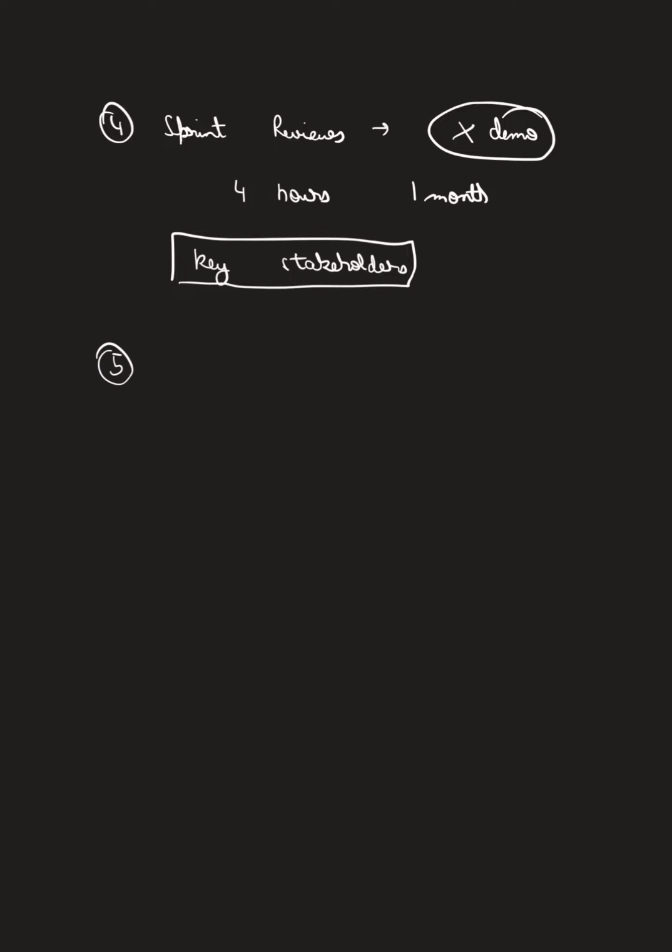Last is sprint retrospective, where the discussion is how our sprint was and how we can further improve ourselves. Is there any need to change the definition of done, right? And this is the meeting where your sprint closes. This is the last meeting. Sprint review is the second last meeting. Okay, I hope you are keeping this in mind.